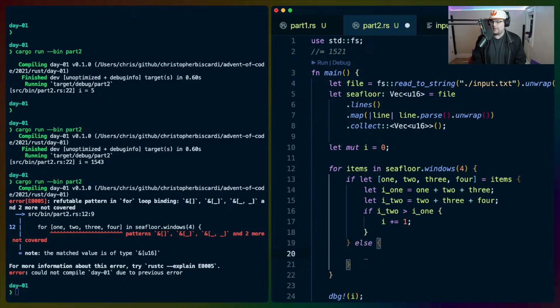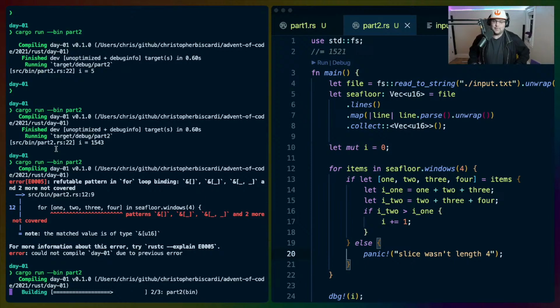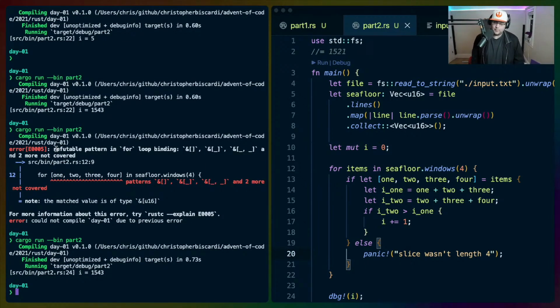So really what should happen here is panic: slice wasn't length 4. Because if this happens, which it should never happen because we use Windows 4, and Windows 4 never gives that to us, we can insert a little panic here. And if it ever does happen, then we know.